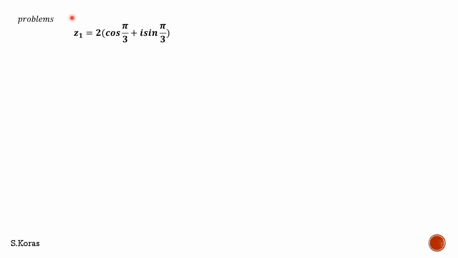So we have exact polar form, because for an exact polar form, real parts should be with cos and imaginary part should be with sin, and the angle must be equal to one another, and we must have only plus I. Now let us consider next complex number Z2, that is also in the exact polar form, that is 3 into cos of pi by 4 plus I into sin of pi by 4. Real is with cos term, imaginary is with the sin term, and we are having plus I. So these two are in the exact polar form.